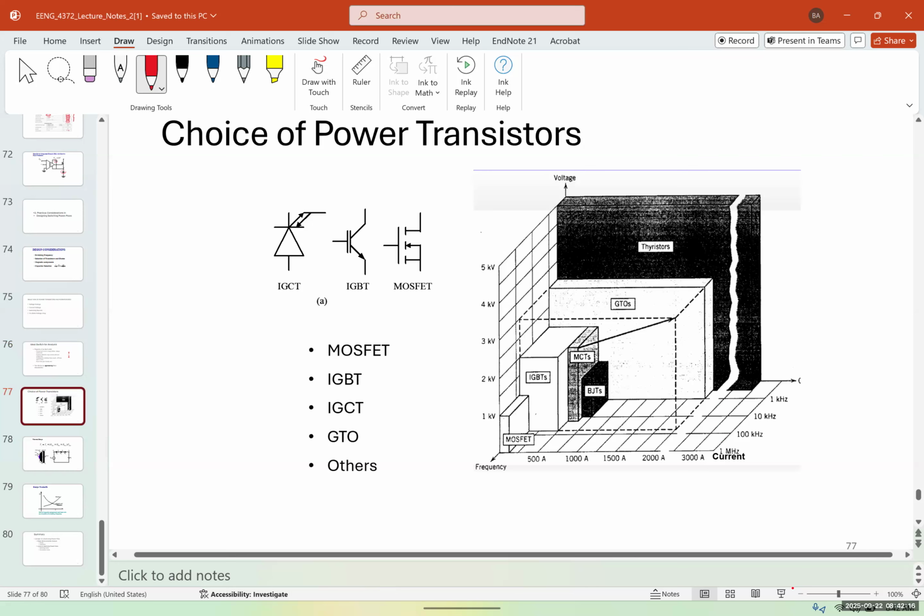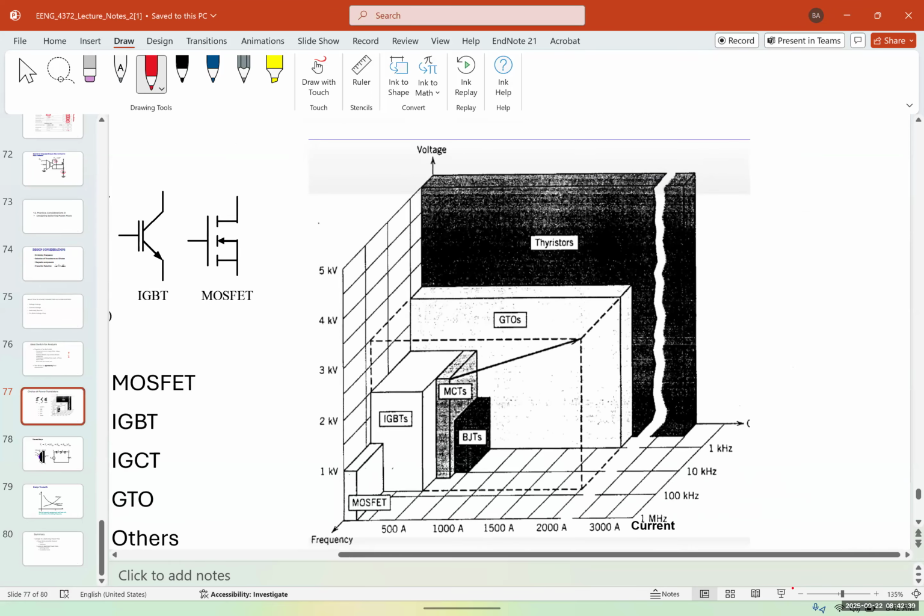Now, this graph is a very interesting graph, and it shows a comparison between different power transistors and switching devices. We have the IGCT, IGBT, MOSFET, GTOs, and thyristors, and so on. I don't know if you can see this, but